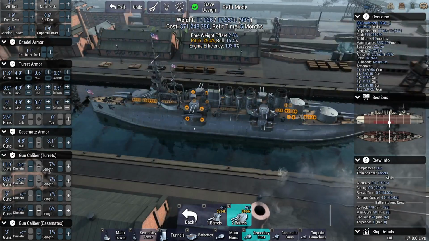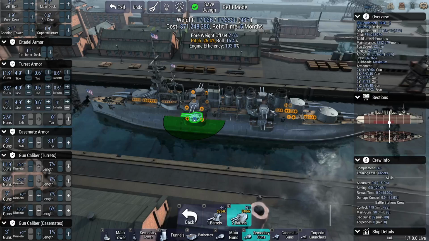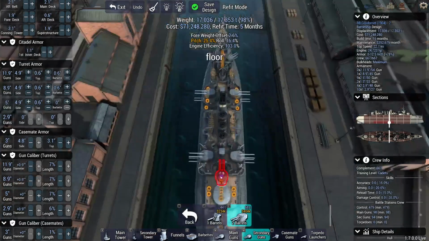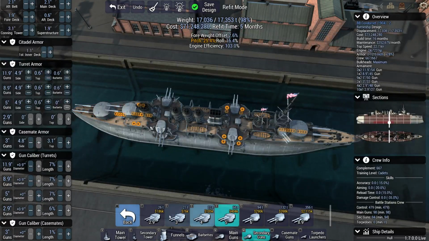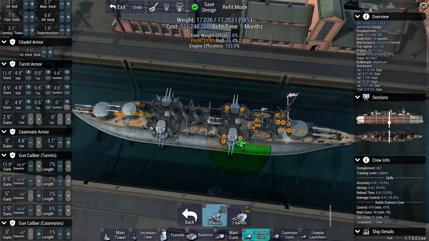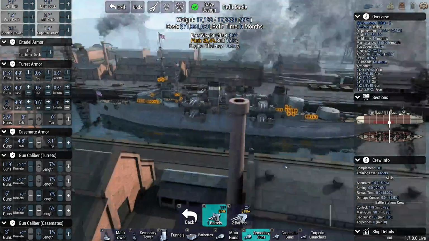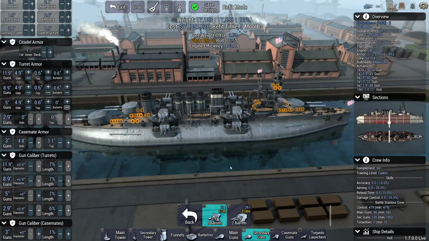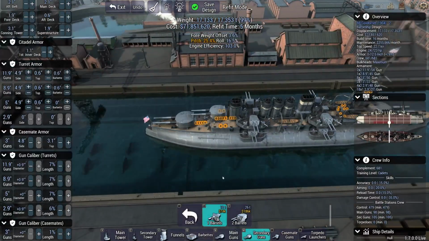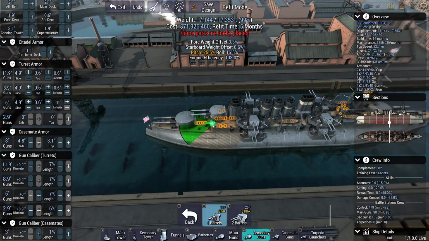Let's go turn this other one around. There we go. So we're going to go for the 5-inch gun like that. And then we're going to go for these single 2.9s. And that gives us our maximum firepower against small ships. And this thing is just a fortress. One of the cool things about the French ships is they do some crazy stuff. And we want some more rear weight offset. So what we can do is we can go stick some of these